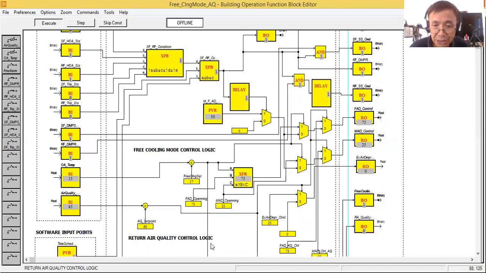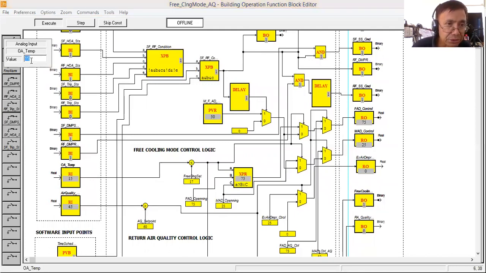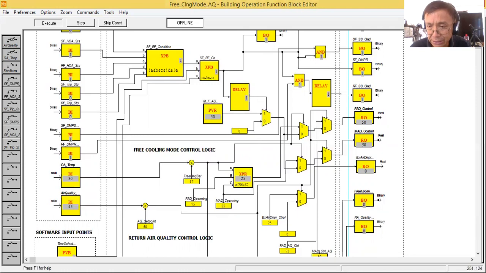In my program I made these values or parameters public so that I can put them in my BMS graphics, and I can always change the values based on the recommendation of the HVAC engineer in charge of the air balancing. So for pre-cooling mode, as you can see here, I have 75, 25. That is the response I am expecting from my control logic. Now let's say the outside air temperature is already 12 noon, and the temperature becomes a little bit hot. My damper will respond accordingly.